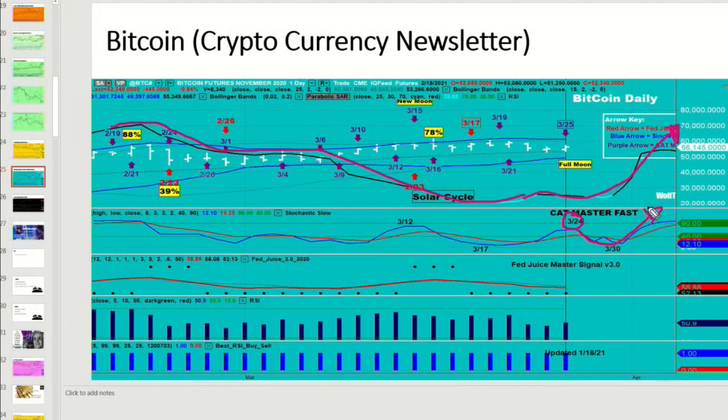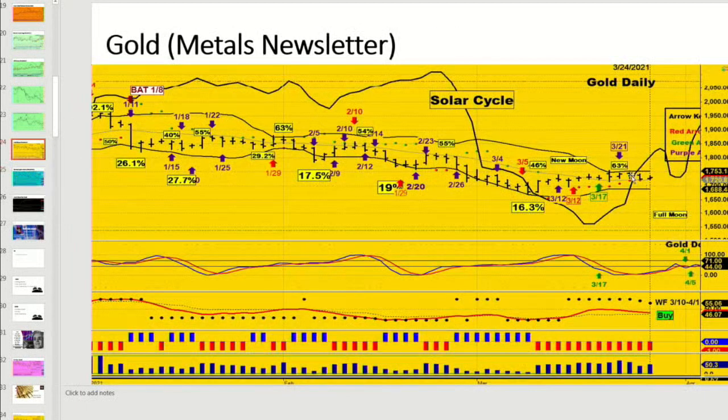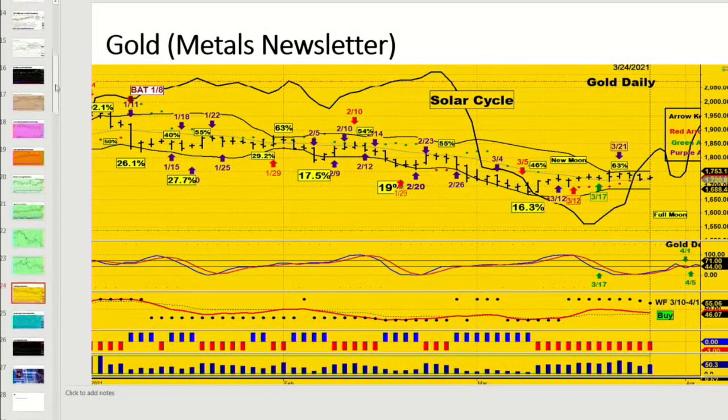But then they both start to rise into April. So I think April could be a bullish month for crypto. It looks like it's probably trying to make the next leg higher. But it's similar to gold, but different than gold, because gold is showing a weaker pattern than Bitcoin. And so it seems that when Bitcoin starts to make its runs,